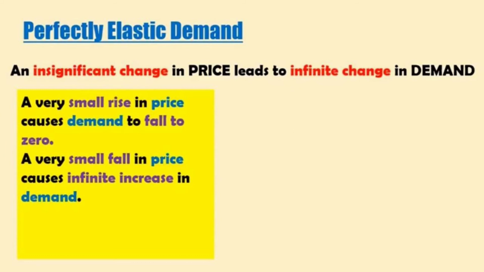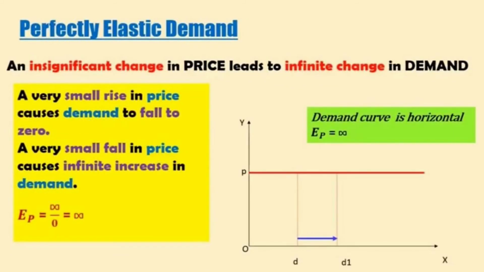Whereas a very small fall in the price causes indefinite increase in demand. Suppose the gold rate reduces, more people want to go and buy gold. Whereas for petrol, there is also going to be an impact of both. So this is called perfectly elastic demand. Sometimes even 1 rupee less matters, and certain times it does not matter. Sometimes demand falls, sometimes it increases, based on the variation of the commodities we purchase in the market. Perfectly elastic demand.